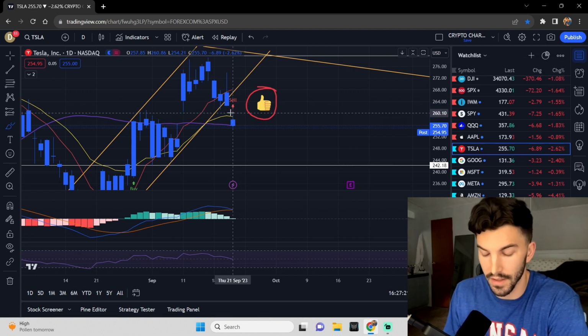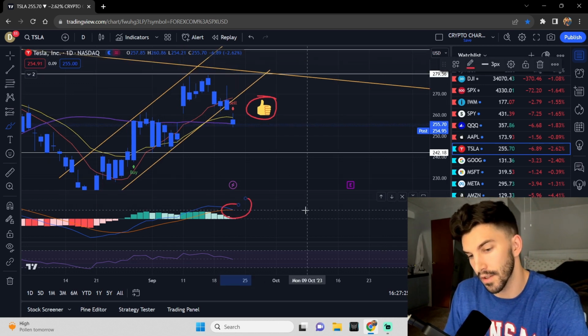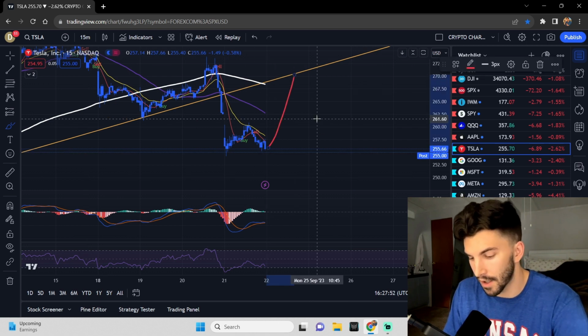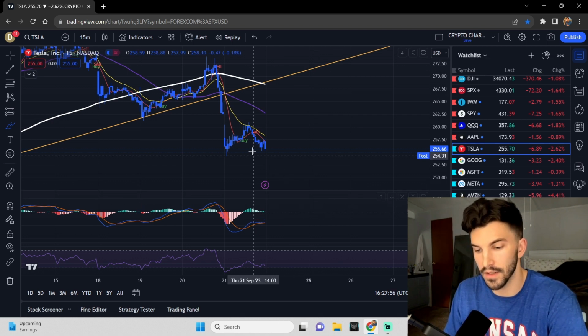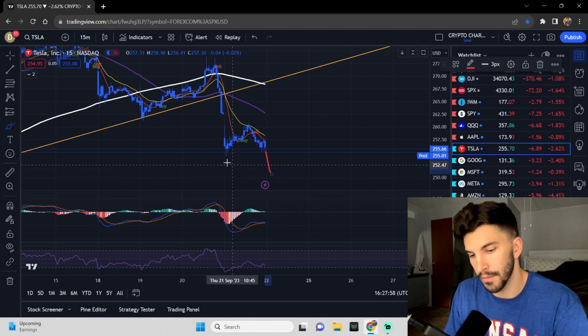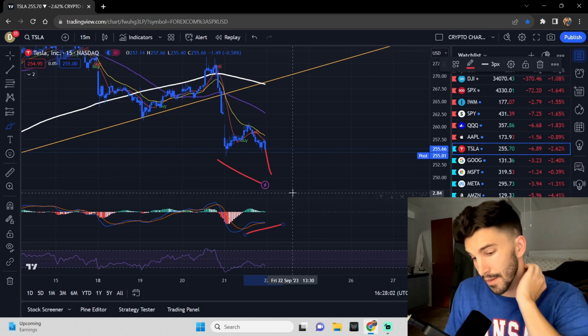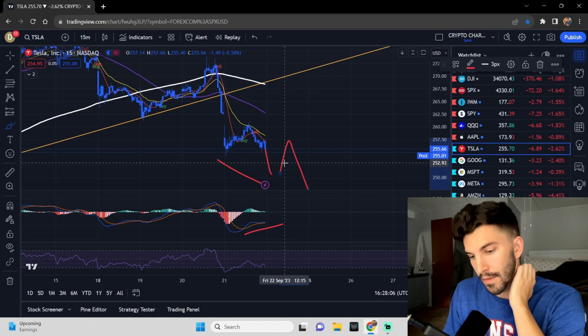So we could see this thing get really heavy to the downside, especially when that MACD fully crosses. I don't want to get your hopes up and say, oh, this thing is going to bounce up tomorrow. It very well could, but it does look like this MACD down here on the 15-minute does want to curl down one more time. And if you do see that divergence forming, you want to be very careful and take profit maybe a little earlier, because like I said, every bounce is going to be met with selling,